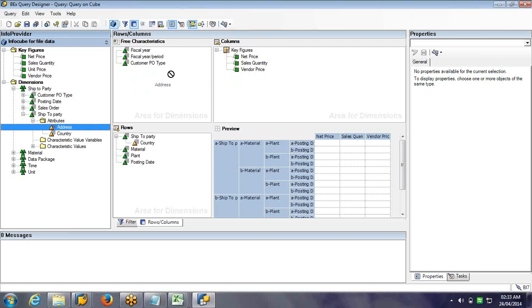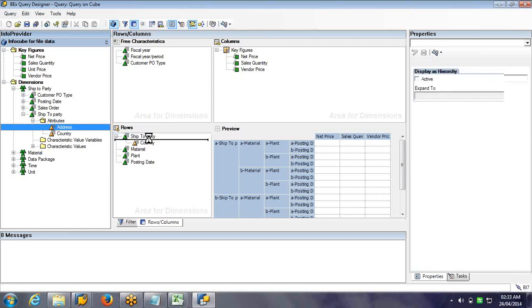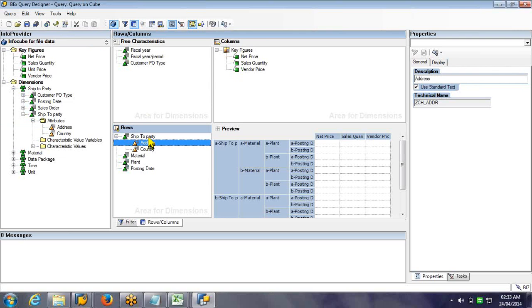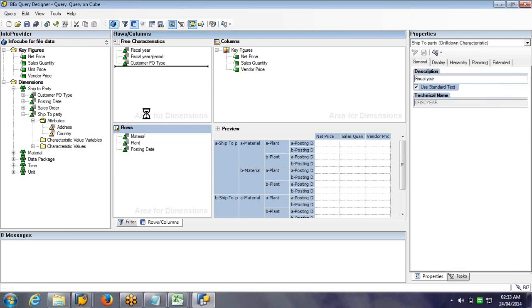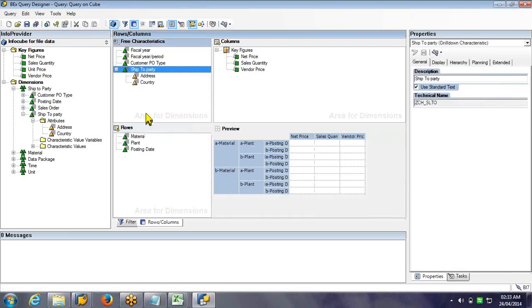It is always used along with ship to party. It's a display attribute of ship to party, but ship to party is already there over here, so you can add it under here only, or you put ship to party and the entire stuff over here. The display attributes come along with the main object. They don't have an existence on their own.